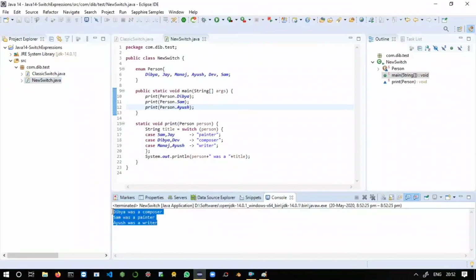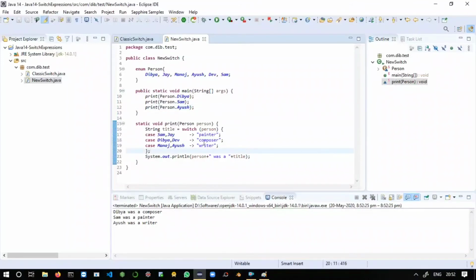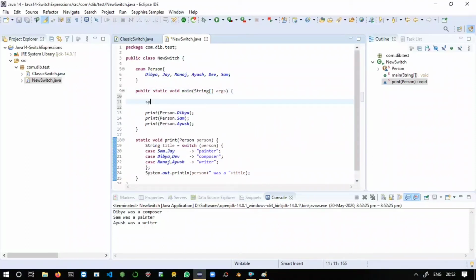Look at this, we got the same output as previous. So you can see this is much simpler than the previous one. Here we have to write fewer statements. Just say here new switch expressions, just to differentiate the both outputs. Java 14. Take as a string.